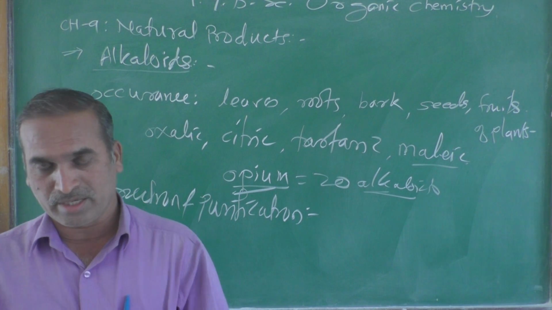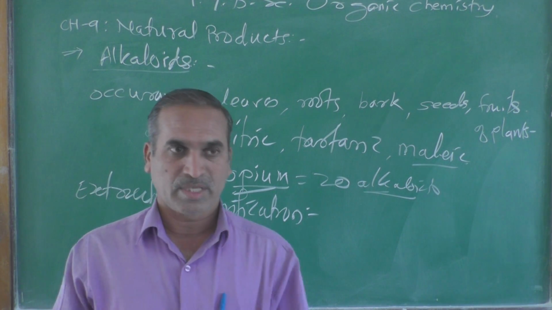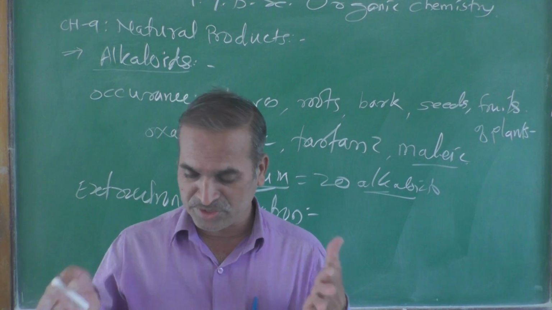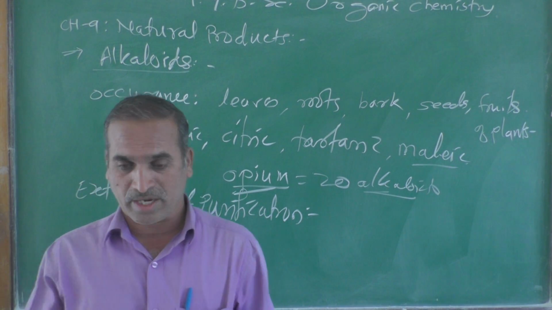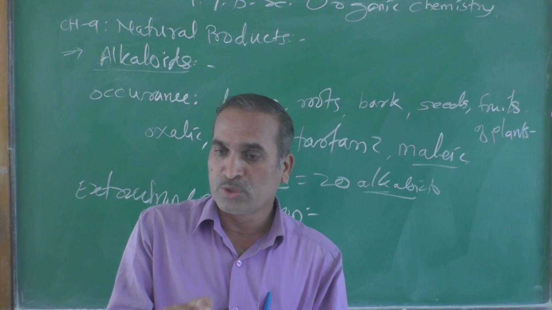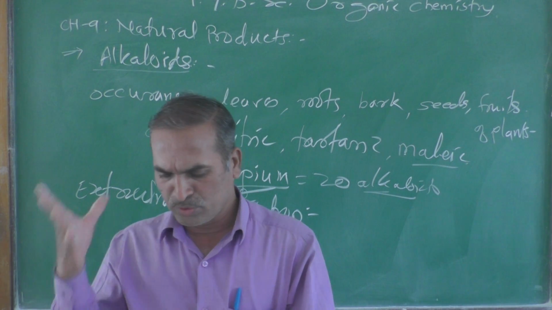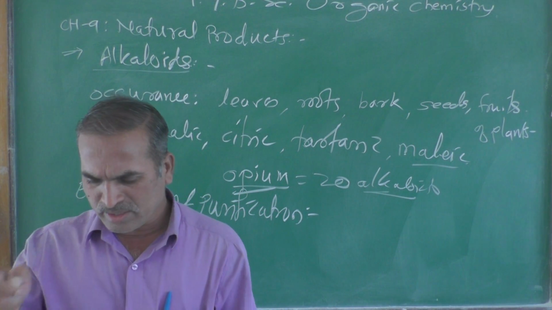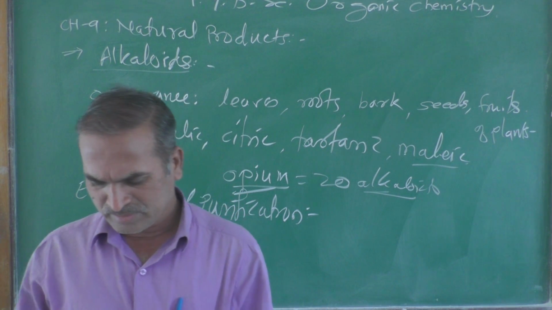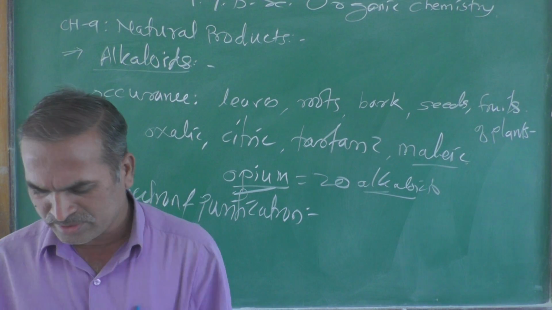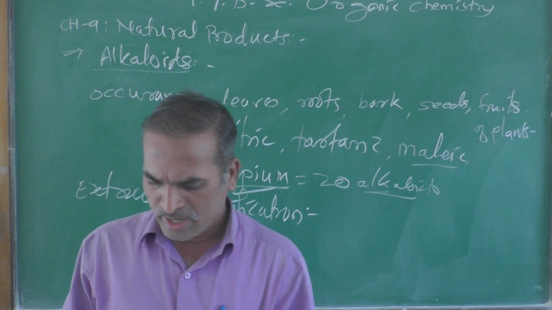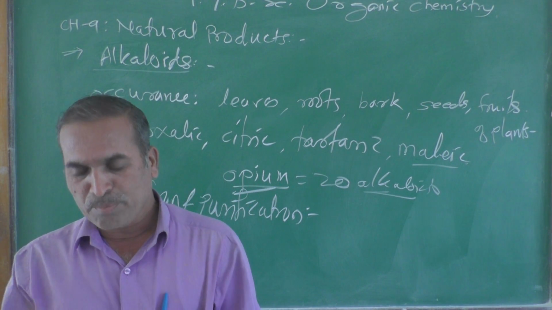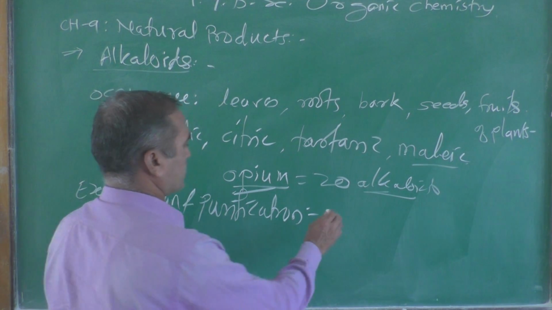While discussing extraction and purification, how it is extracted and from where, we are going to discuss point by point. Point one: the plant material containing alkaloids is dried, powdered and extracted with petroleum ether